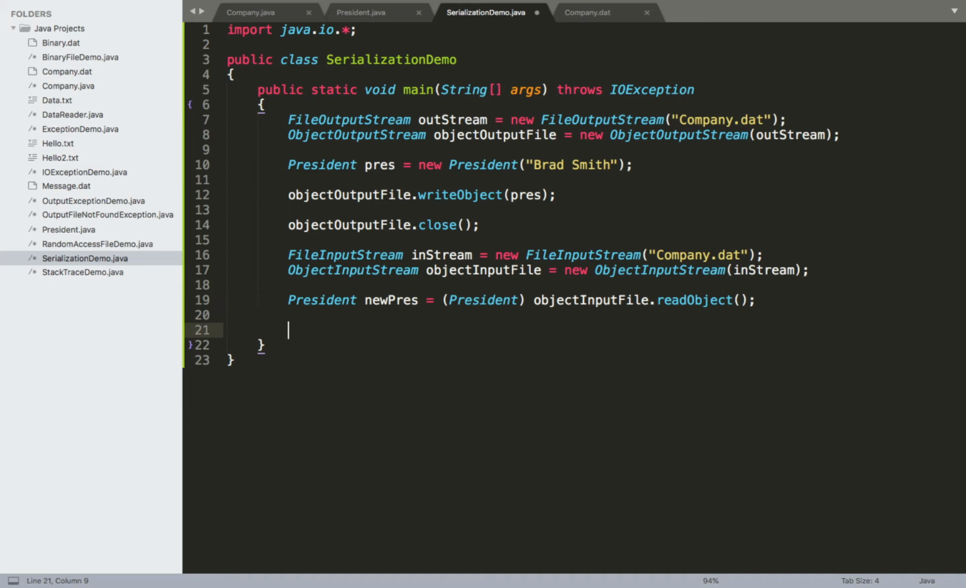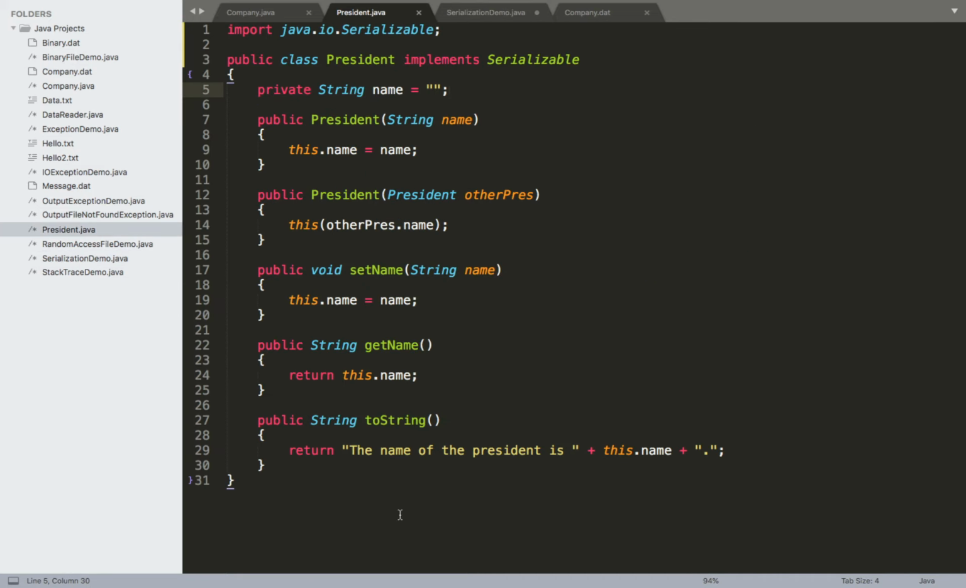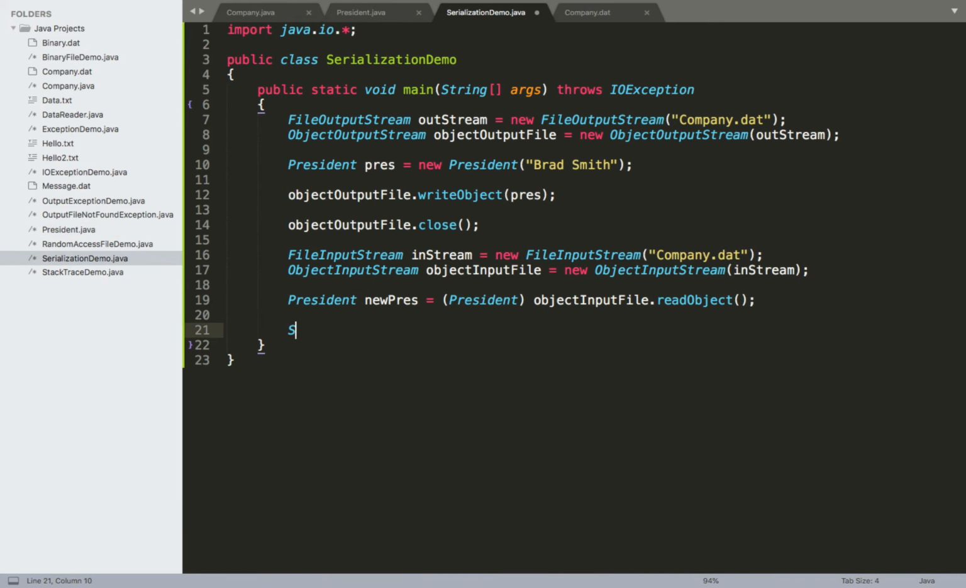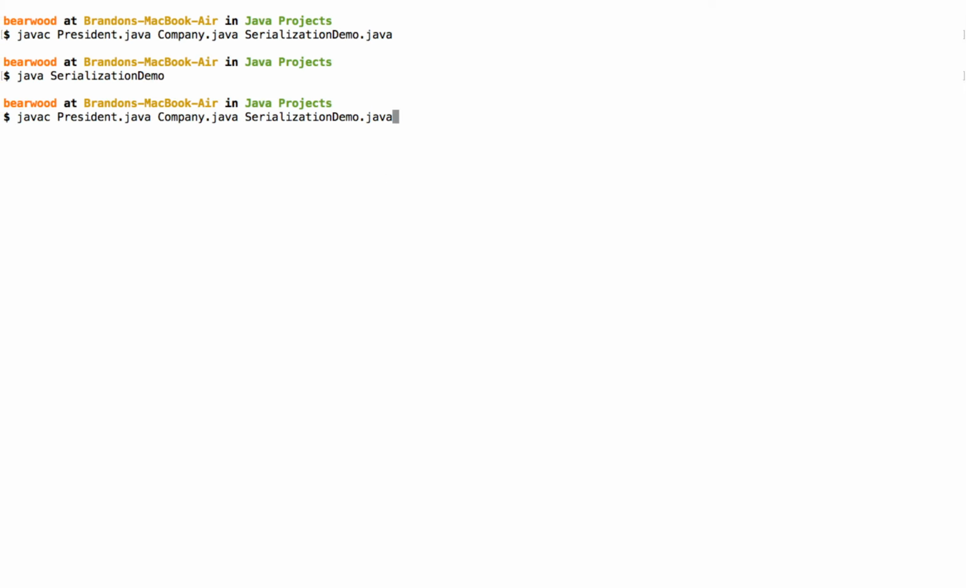Then if we wanted to, we could access that president object. We have a new pres right here. Keep in mind that we have a toString method that we can use. So if we wanted to, at the very end, we can do a system.out.println and pass in new pres right there. And then we can also close our input file. Okay, so then if we come back over here and we compile and run this,